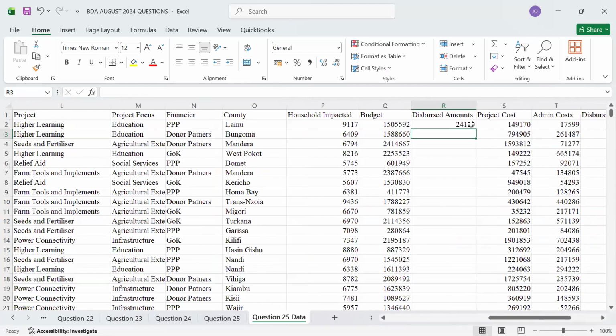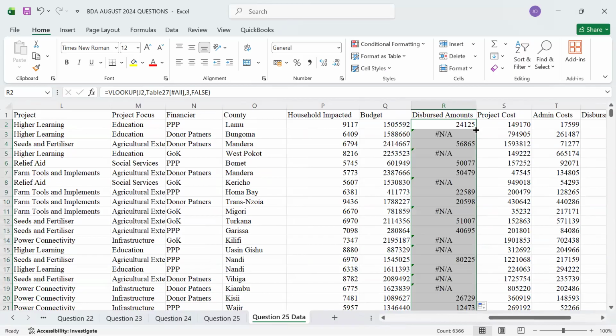All right, and there we go. Then we just autofill the information. Great. So upon autofilling the information, you realize that there are some projects which are returning for us some error,